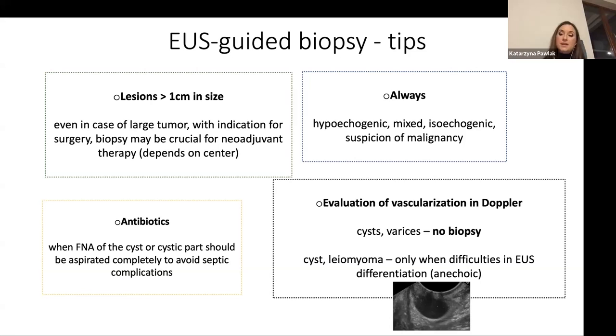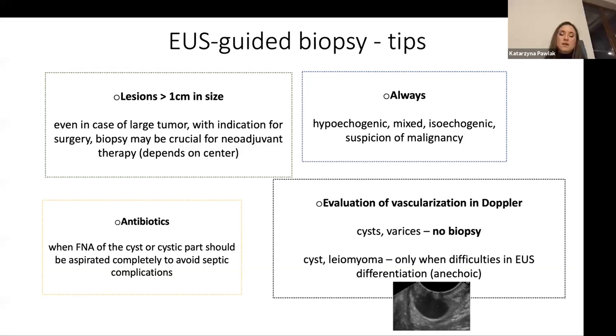So it depends on centers. You should contact the center, especially an oncological one, and maybe set together the management for this type of tumors. The biopsy should always be performed for hypoechoic, mixed, and isoechoic lesions, and especially for them when we suspect